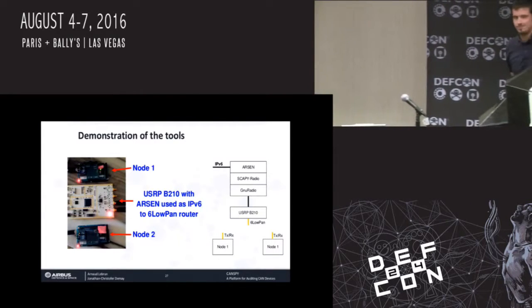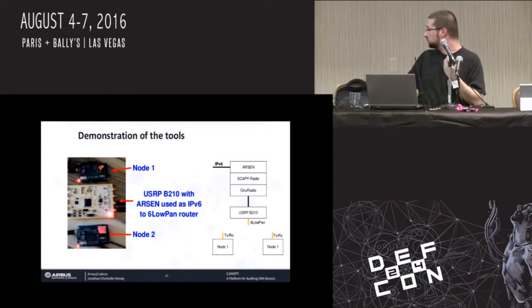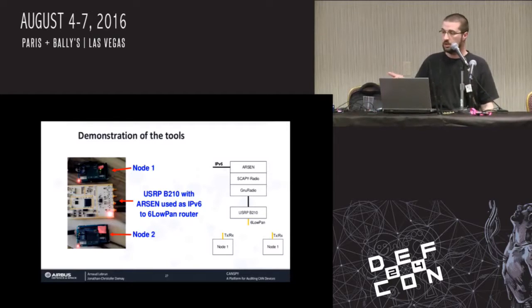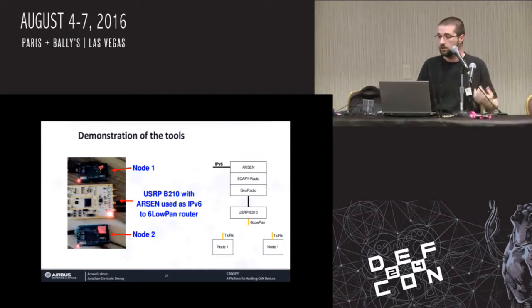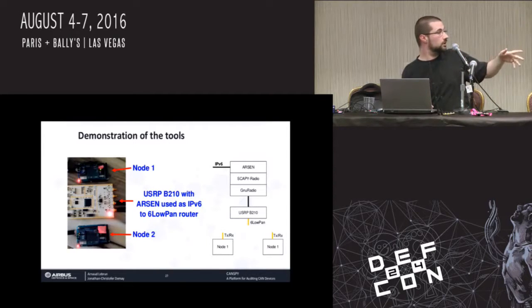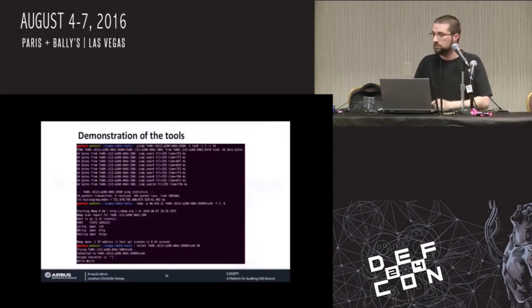So remember, I said that the deviations are possible. So we set up Arduinos, simple Arduinos with the XBee chip I told you about earlier that is not compliant with the standard, and we set up the Arsene tool with the Skype radio and the USRP to do the SDR part. And if you switch to the next slide, you can see that I can do actually this with my computer right now.